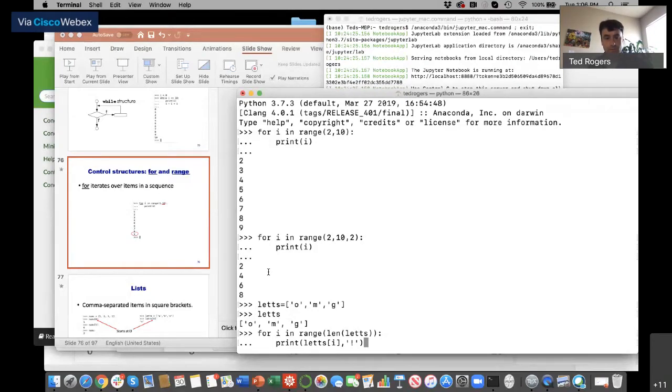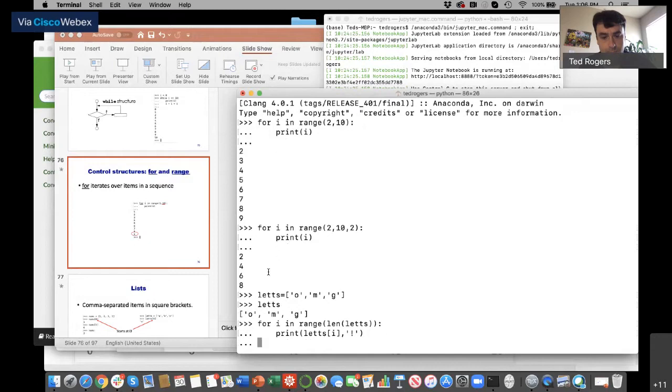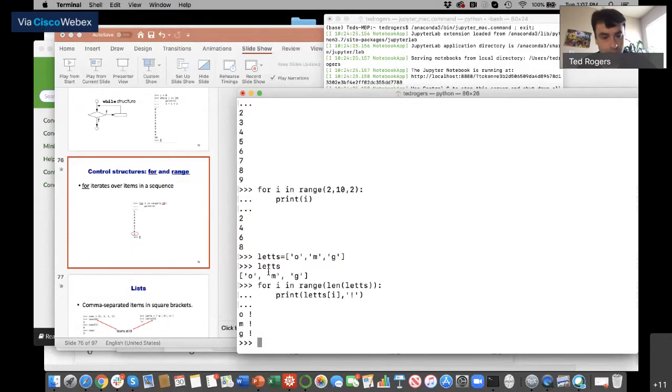Maybe think for a second what you expect that to do. Hopefully it doesn't give an error because it's always embarrassing. Okay, it prints O exclamation mark, M exclamation mark, and G exclamation mark. So those are a few more examples of how you can use for.